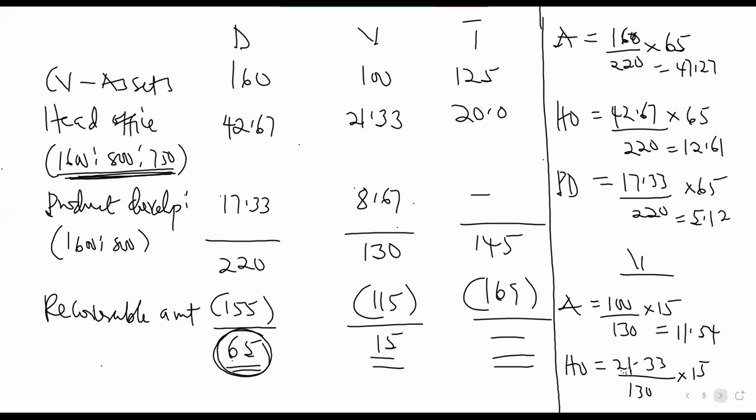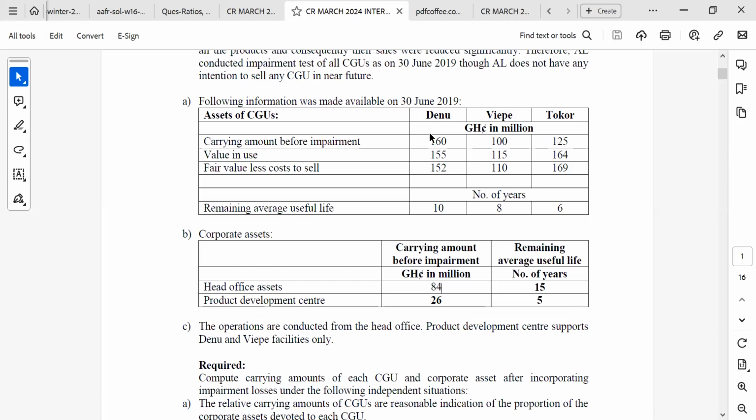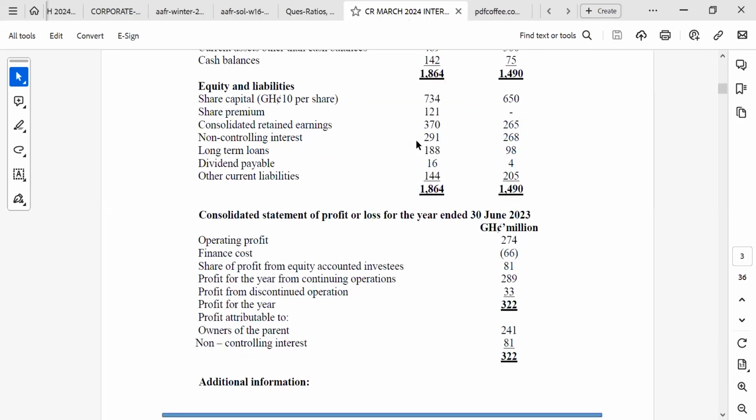Okay. So this one was calculated like this. We look at the carrying value of the asset, the new is going to be using